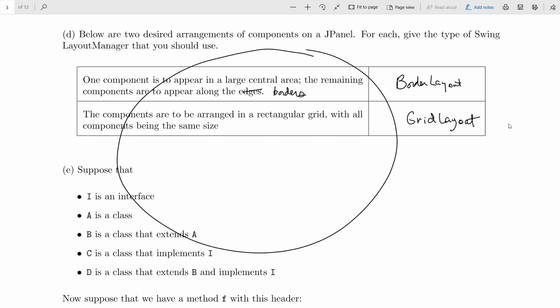Yeah? What kind of layout managers are there, aside from border layout and grid layout? Well, the ones we looked at were flow layouts, which are left to right or right to left, or this way. Box layouts, which work in either direction. There's something called a grid bag layout, which is kind of complicated, but since it's complicated, you can do fancy things with it, but we didn't look at that.